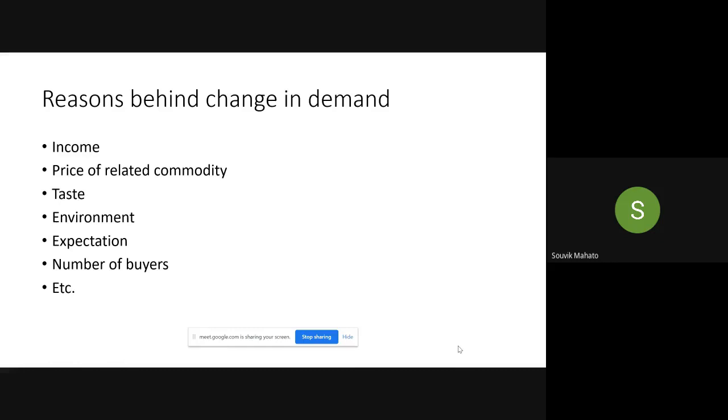Ma'am, will you repeat the environment part again? Environment, I am telling that depending on the environmental situation, my demand is changing. For example, as I said, we are not demanding any winter jacket in summer session in general. If there is a high rebate, then this is something different. But in general, we are not asking for a jacket or a sweater in summer session. So my demand is falling in summer session. This is falling demand.